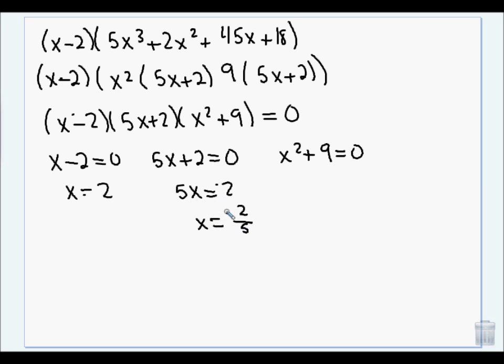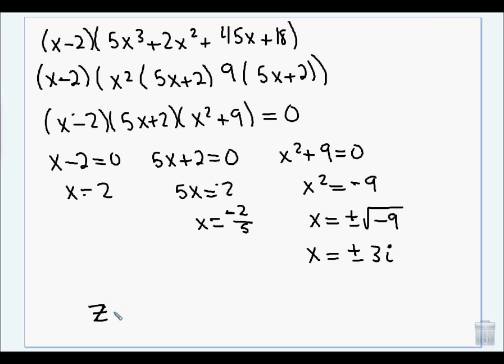Negative 2/5, which we would have gotten to in 2 more tries. So our zeros